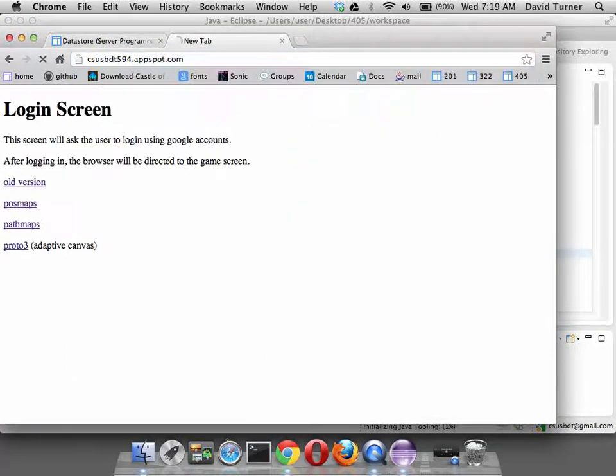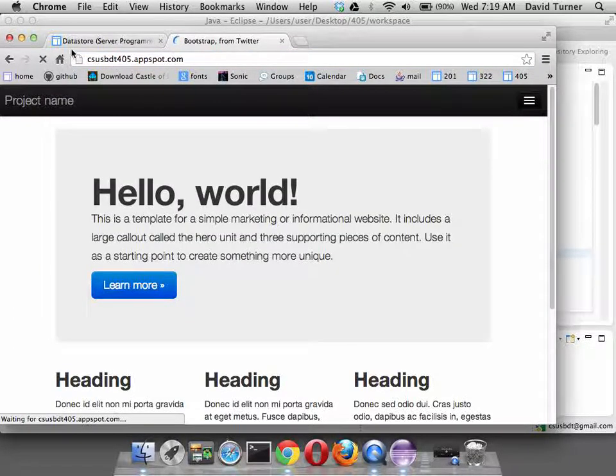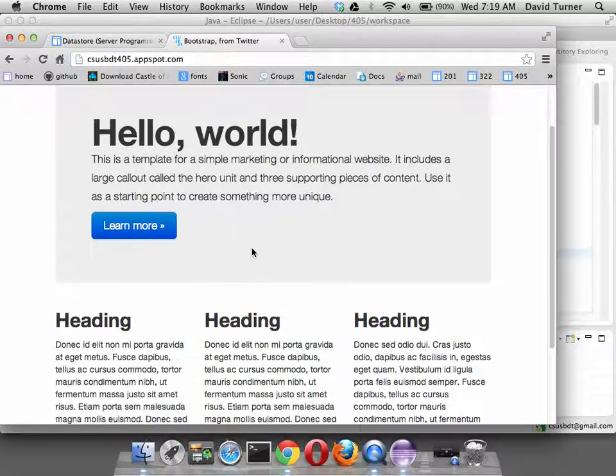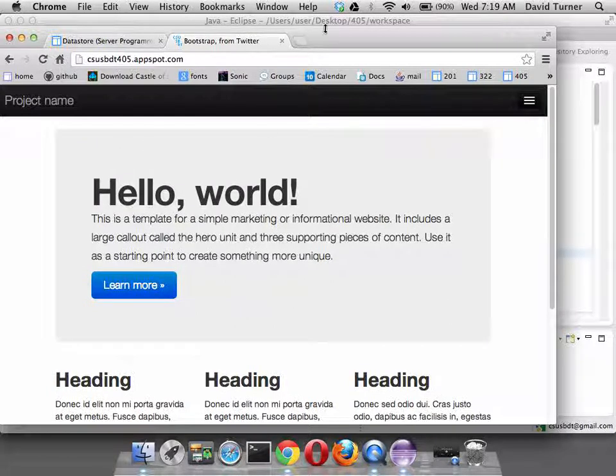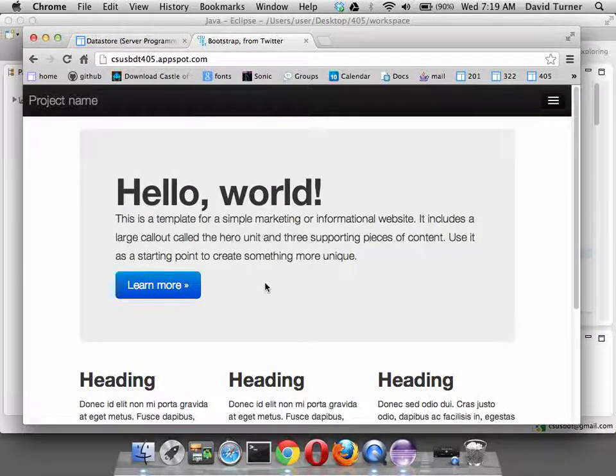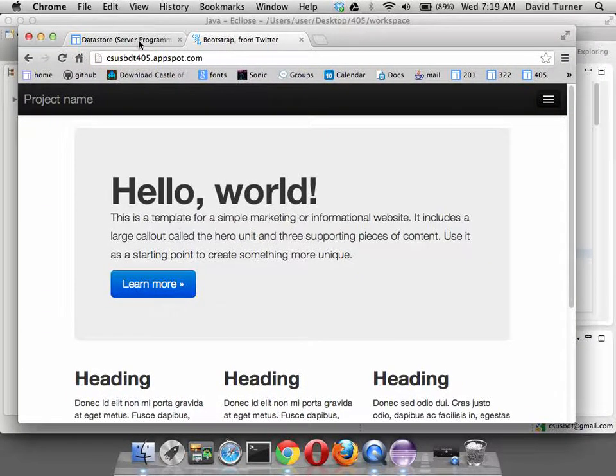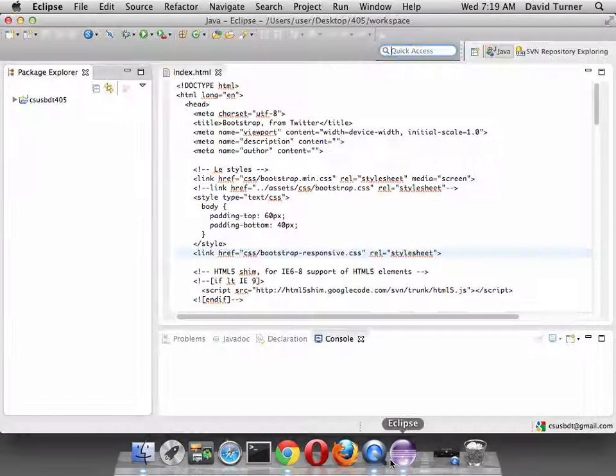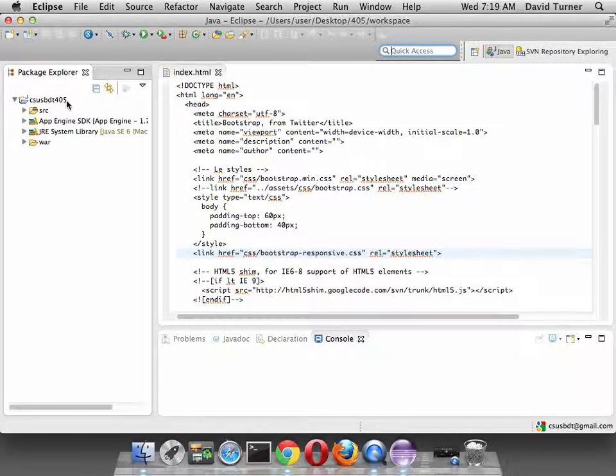It's csusbdt405.appspot.com. So this is what I currently have deployed. It's just one of the example templates that is provided by the Bootstrap project. So here's the application